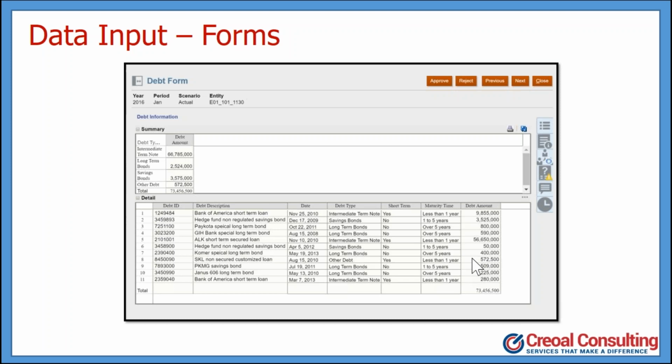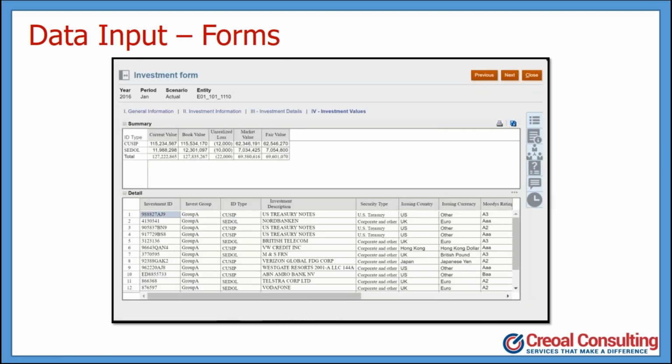Again, it has both quantitative and qualitative data. You have the ability to enter it in the currency that is associated with the base entity. Remember, what FCCS does is it handles the currency conversion appropriately. So again, the user doesn't have to worry about, did they convert it properly? Did they use the correct rate? FCCS handles that. What's important to note is that when users are entering this type of data, you want to make sure that they are entering it properly, that they have the specific set of instructions so that it's entered in and you're providing that integrity of your data.